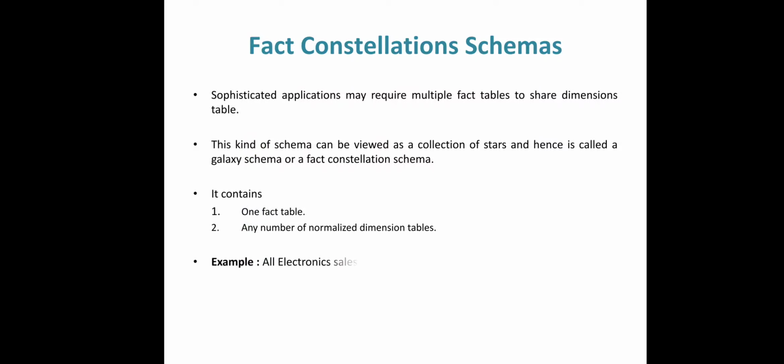Okay. Now the same example we are going to see here, that is the all electronics sales. In that example we are going to see two fact tables. Before that we have seen sales as a fact table, now we are going to add one more fact table named shipping, for an application that will require sales information with the shipping. For that purpose we can have these two fact tables with six normalized dimension tables. The same dimensions we are taking here: time, item, branch and location.